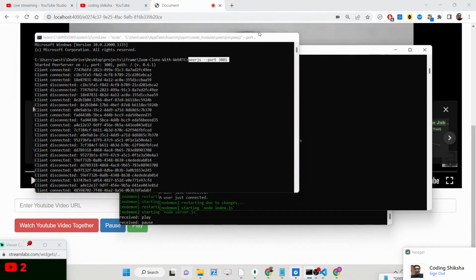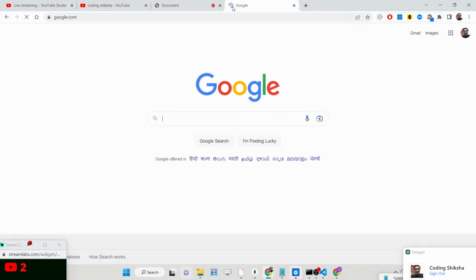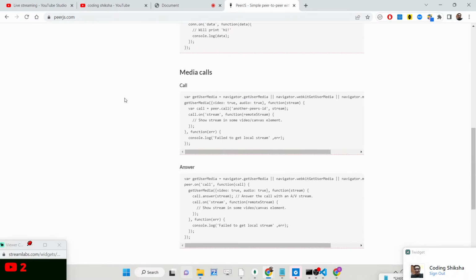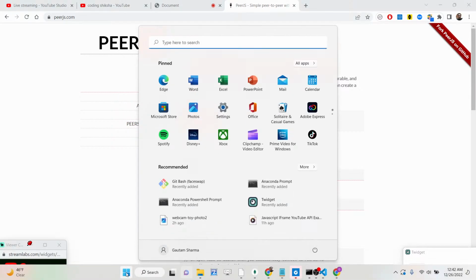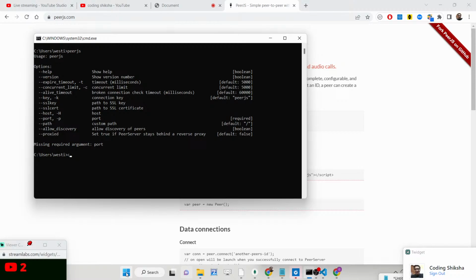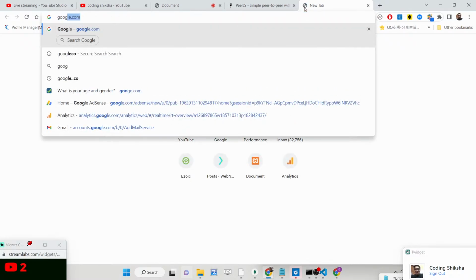So you can install this application. Basically just go to Google and just type here PeerJS. So you will be having this simple peer-to-peer with WebRTC, and basically you can install this library onto your system. There is simply a command out there that you need to write, which is npm i -g for global and peerjs. So simply install this by executing this command, and once this is installed on your system, you can execute this command peerjs, and this command will be successful. So you need to install this library first of all, and now after this we will be cloning a repository,